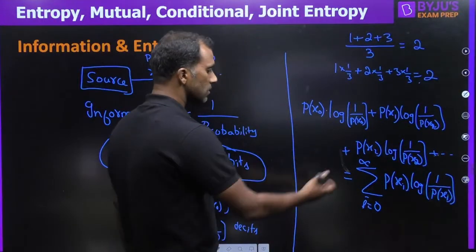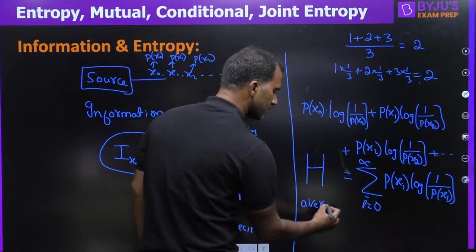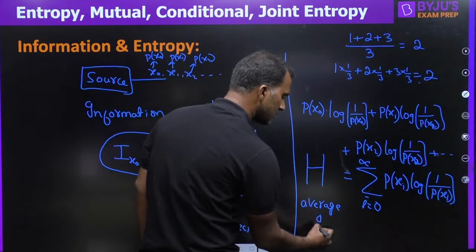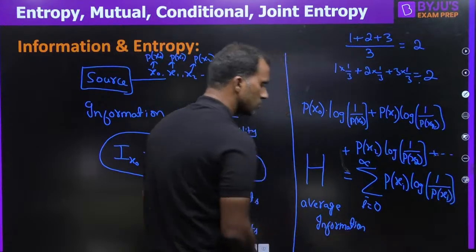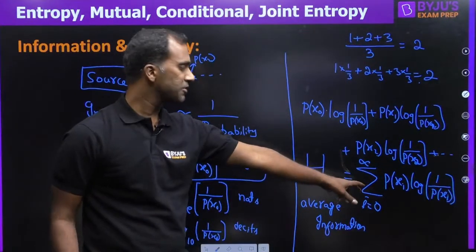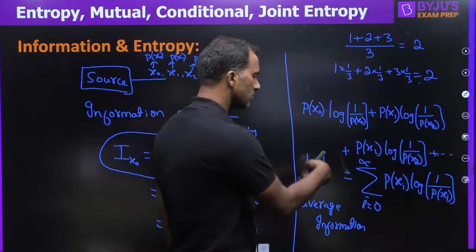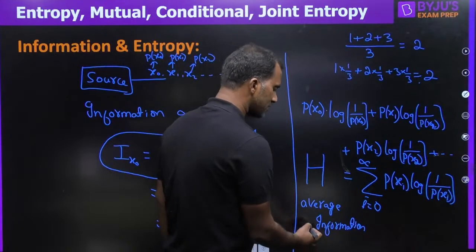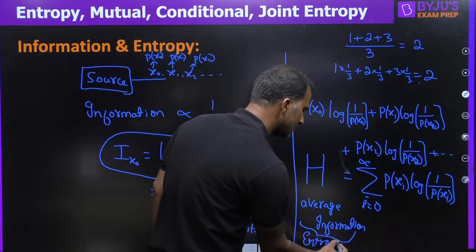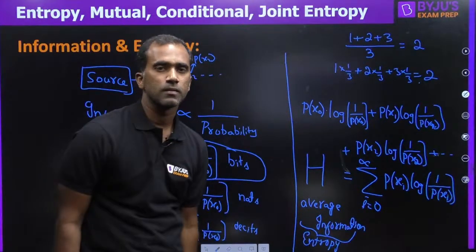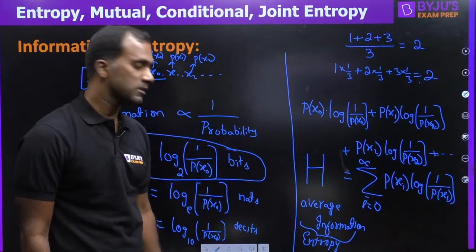Okay, right. So what does this give you? This gives us entropy or average information, which we denote with H. We have found average information from any source. From any discrete source, you can find the average information using this formula. And this formula is not a big deal. You don't need to remember it. We got it from the very basics. So H is the notation for entropy, or average information. When somebody says entropy, you have to understand that they're talking about average information. So like this, we can find information in any source. I hope it is clear till this point.